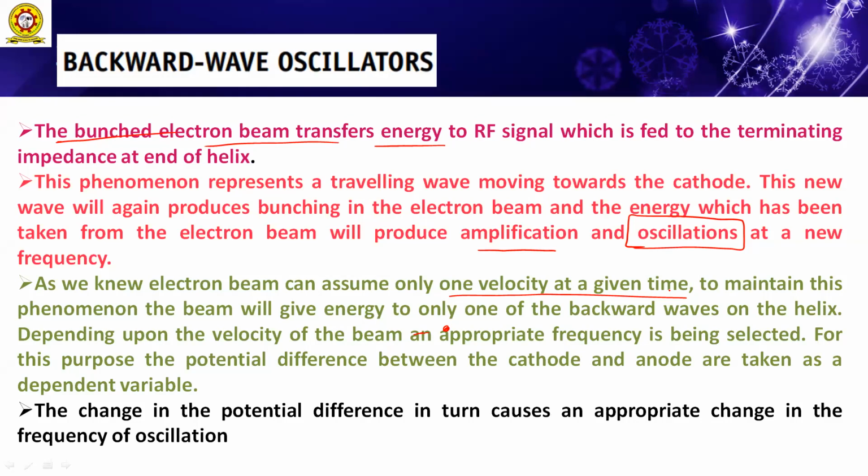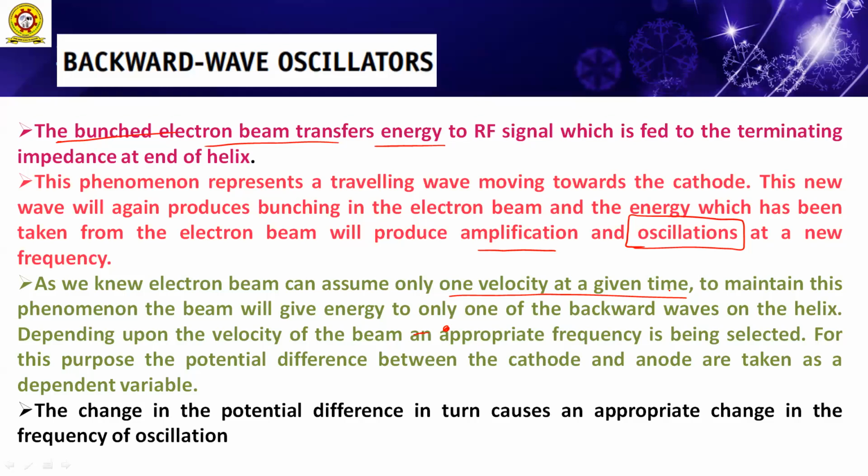So as a result, we get a phenomenon where the tube attains greater backward waves, called reverse reflections, backward waves on the helix. This phenomenon generally occurs in the helix traveling wave tube, similar to the backward wave oscillator. With the absence of an attenuator, we expect reflected waves, we expect backward waves. That is why it is termed backward wave. Clear?